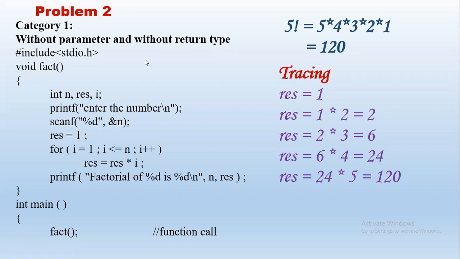So the first thing is to write the logic. Once we understand how the logic works, then the input and output statements can follow. Okay, so this is the basic logic. Now what happens? It has found the result, the factorial of 5. So it will simply print factorial of, where the first percentage d is nothing but n. So factorial of 5 is 120. So it will print that factorial.